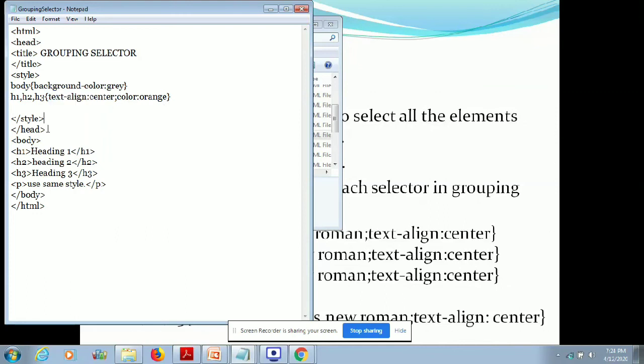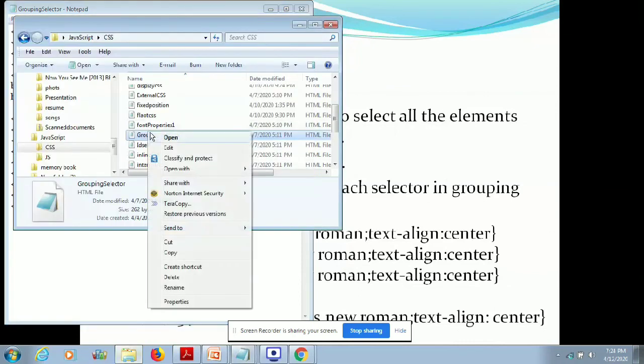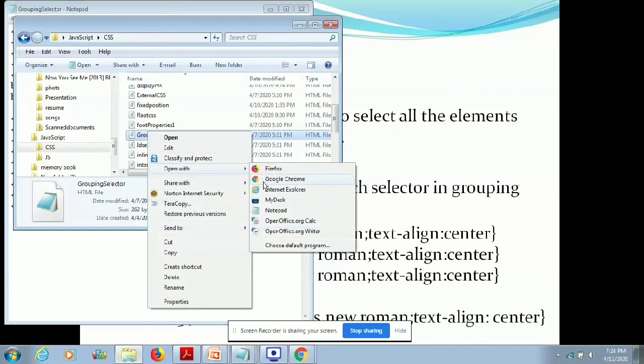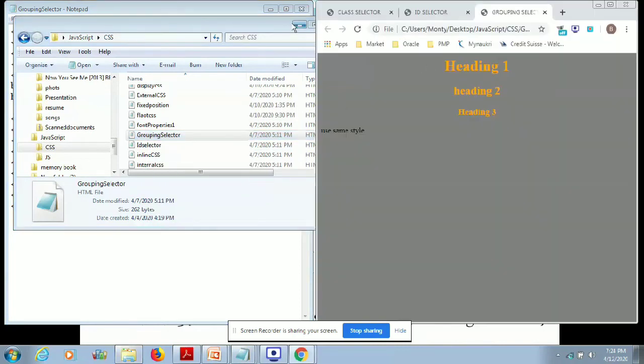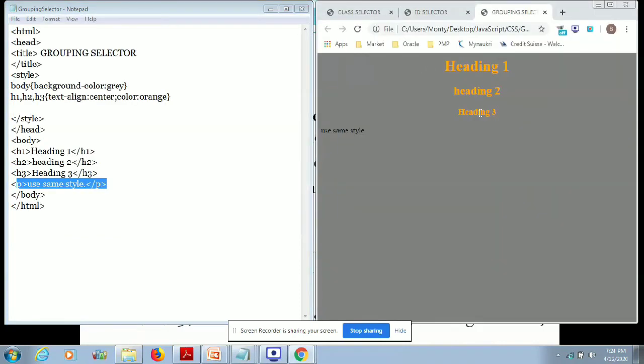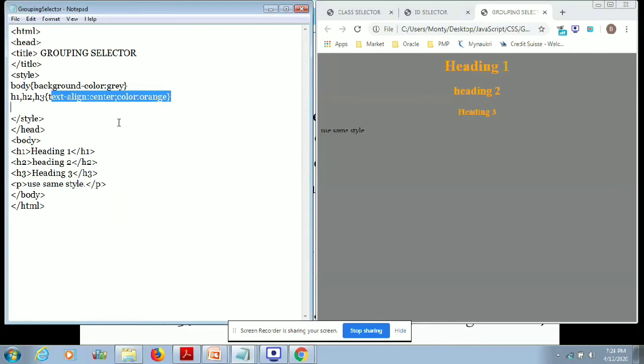Using style tag, head tag, body, H1, H2, H3. And there is one paragraph. This paragraph has no style. Opening this over here, H1, H2, H3 have text alignment as center and color is orange.